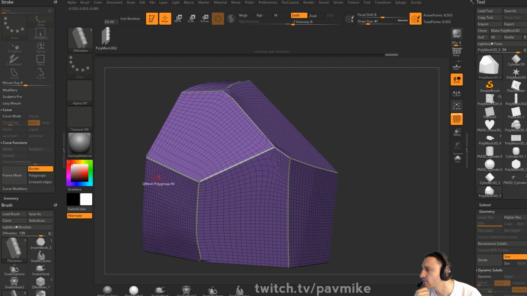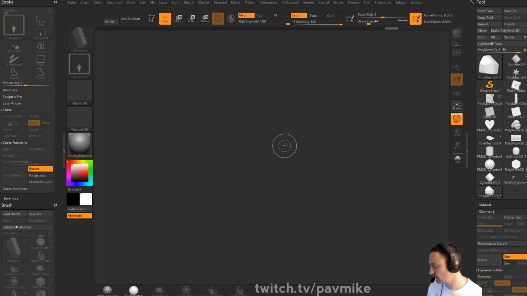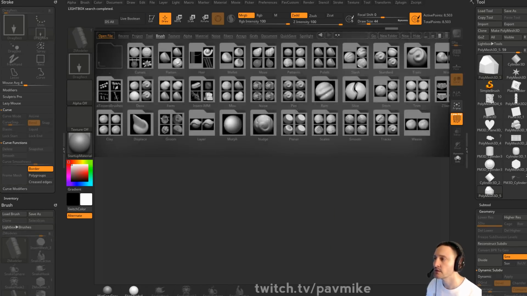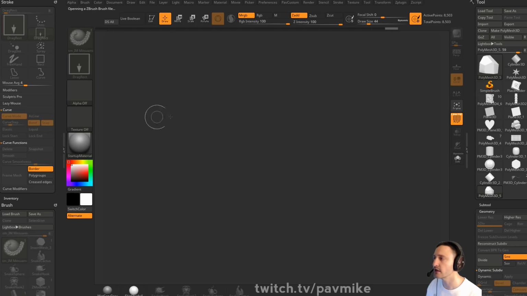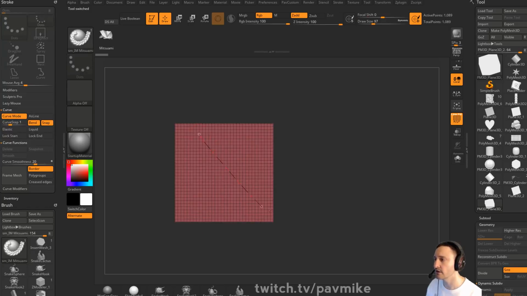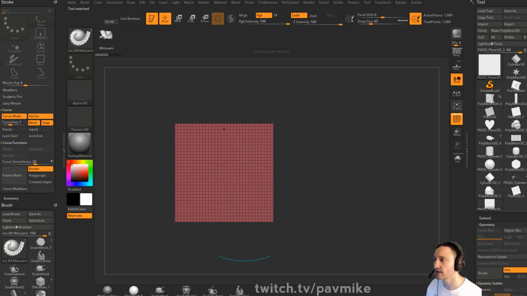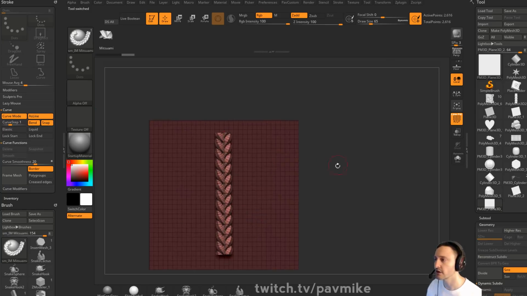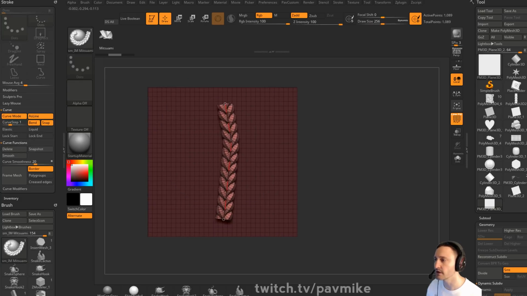Twist the whole curve, or how do you do that? The whole curve, what I would do, honestly, if I'm doing hair and stuff, you know what? I think we have our hairbrush. I don't, but we'll just go ahead and use this. So, for example, edit, make polymesh 3D, and you can drag your hairbrush out on a plane. You can also go into as line. You can just drag out a hairbrush here. So we've got our curve in here, and if you want to manipulate this curve,